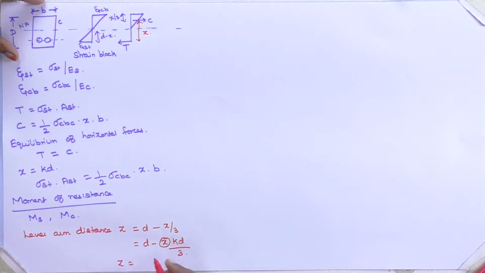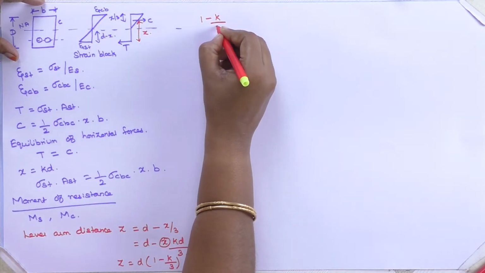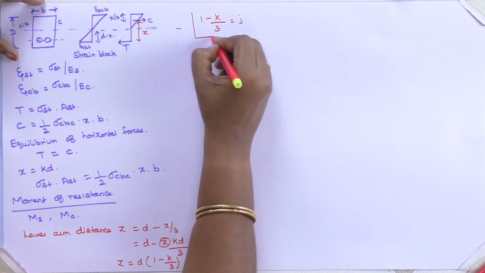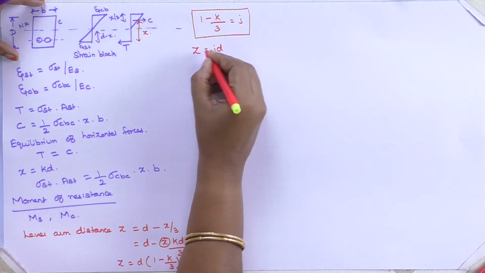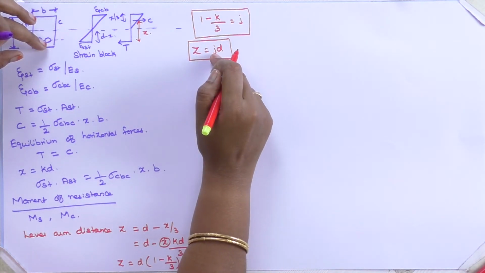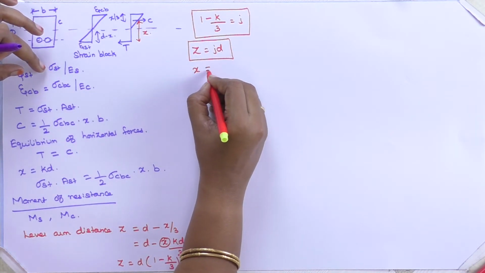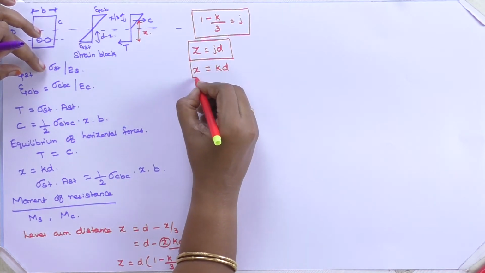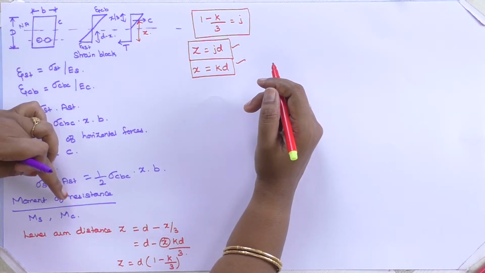So Z is equal to D into 1 minus K by 3. This 1 minus K by 3 we can call it as J. So Z is equal to JD. So we will get two constants. The lever arm, we have a constant called J, it depends upon your depth. Then we have a neutral axis depth X, which depends upon your K, the proportionality constant. Based on these two values, we are now going to calculate the moment of resistance of a section based on